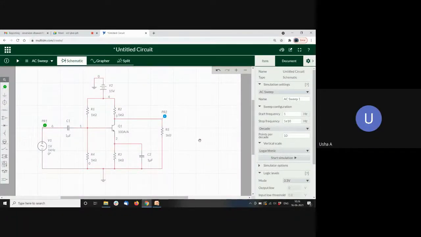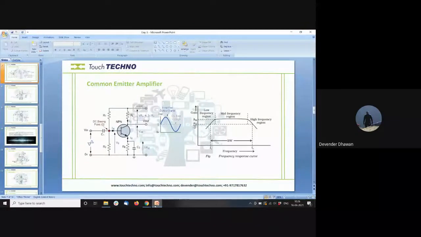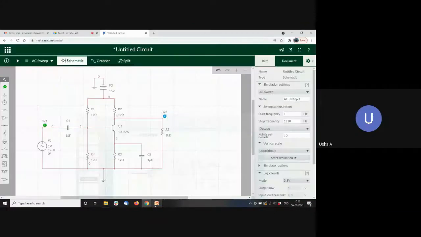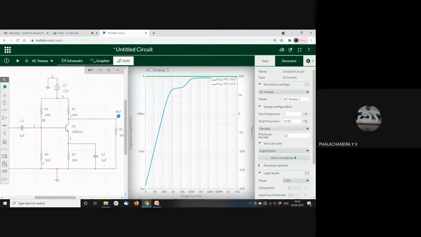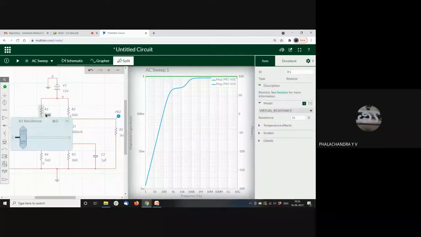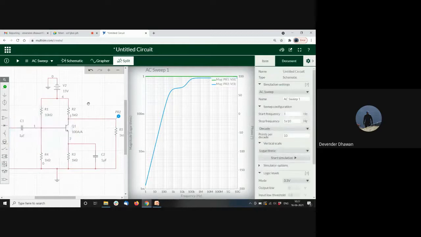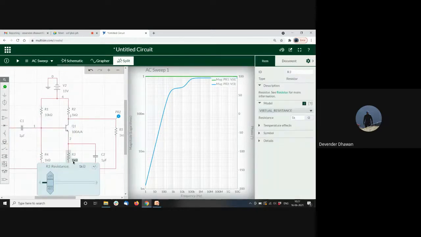Biasing resistance it has to be changed. Yes, R1, R4, we have not given any particular values here. We have just given some random figure here. That's why R1 you make it around 10K and R3 around 400 ohm. One second, sir. Let me make the changes. R3 around 400. You're saying R3 around 400K, ohm. 400 ohms.